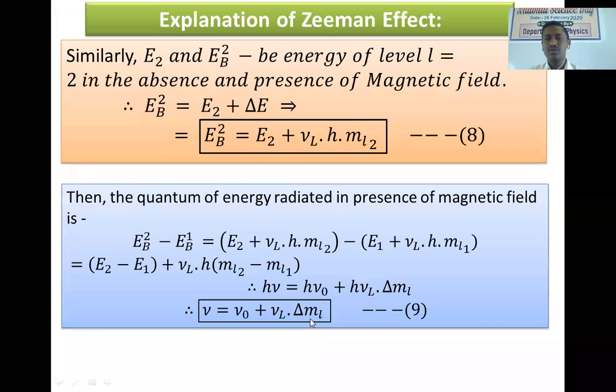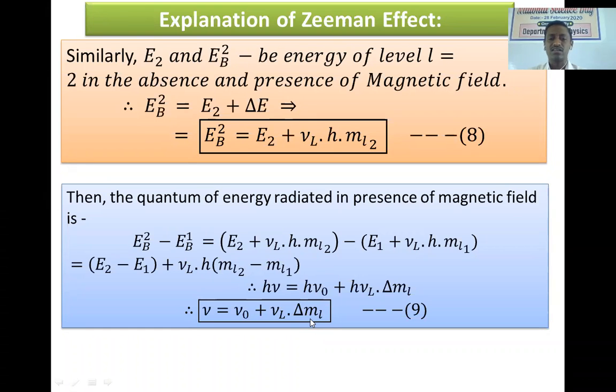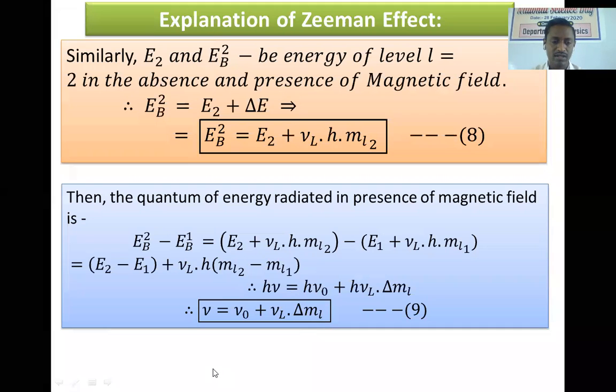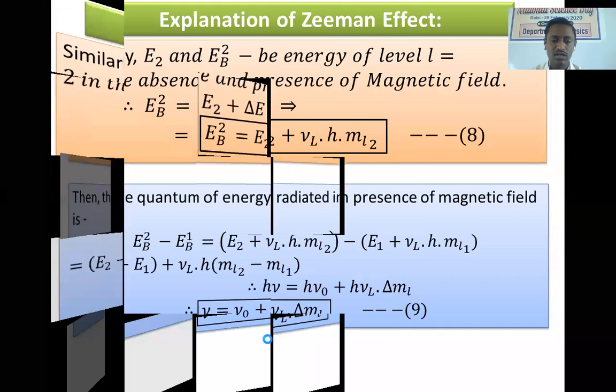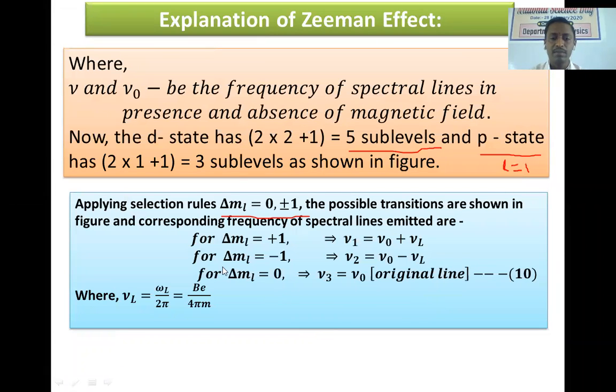Okay, this means that during a transition, if the value of ml changes by 2 or minus 2, plus 3 or minus 3, and all other values, these transitions are forbidden transitions for this case. Okay, so now by applying the selection rule, suppose delta ml equals plus 1, what happens from the